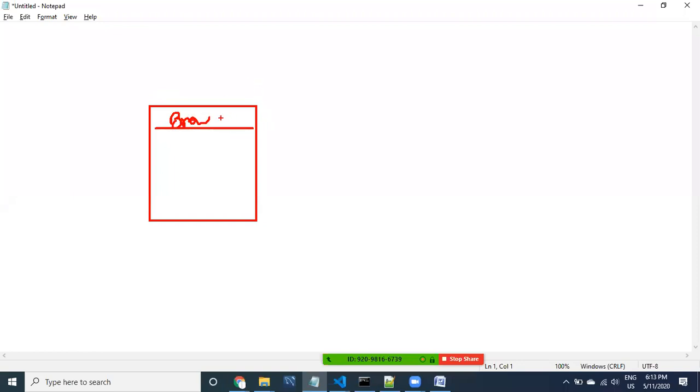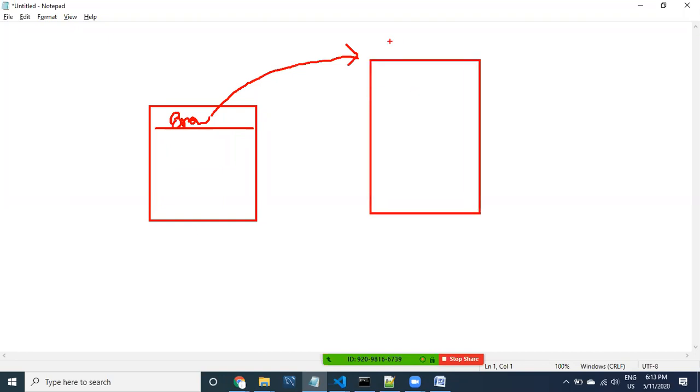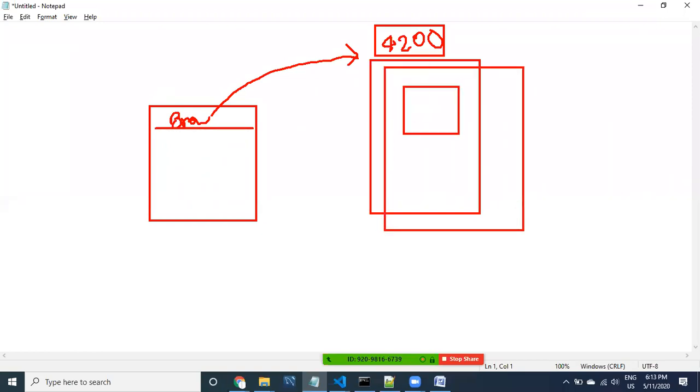What happens? This browser sends a request to a server. Suppose our application is running on 4200. Our application is running on this port number, meaning that on port 4200 one server is running, and inside the server our application is running. Whatever application we are developing is running under the server.